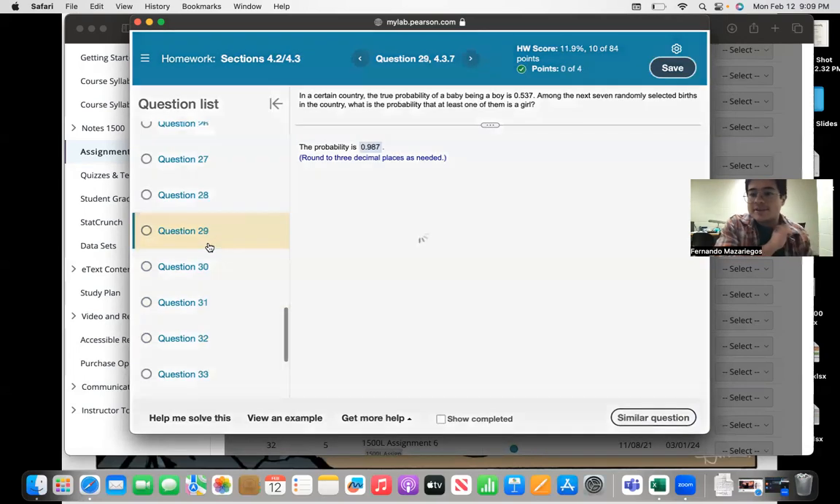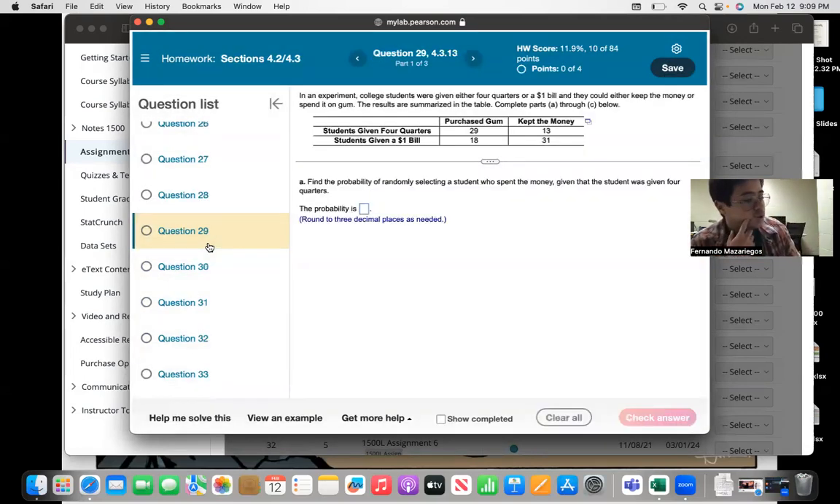And I have one last example I want to discuss in this assignment, which is 29. In an experiment, college students were given either 4 quarters or a $1 bill, and they could either keep the money or spend it on gum. The results are summarized in the table. Complete parts A through C below. Part A, find the probability of randomly selecting a student who spent the money, given that the student was given 4 quarters. Now, this is